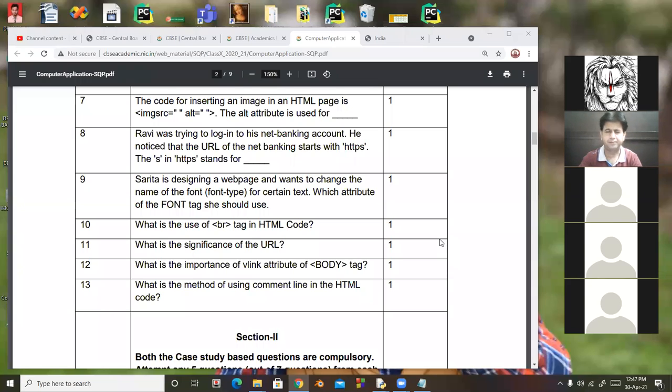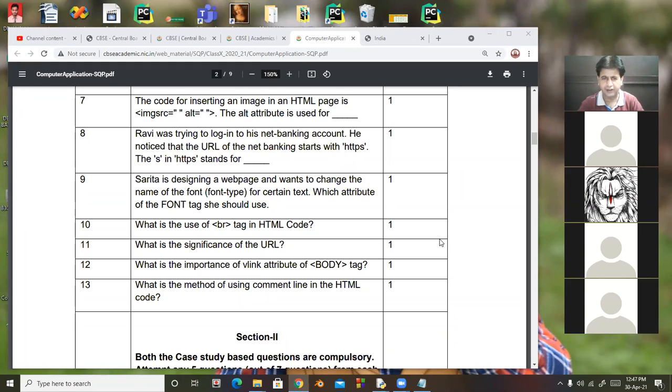Sarita has designed a web page and wants to change the name of the font. Which attribute of font? Yes, it is face. The attribute name is face.